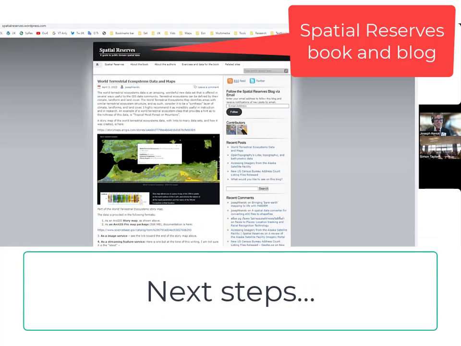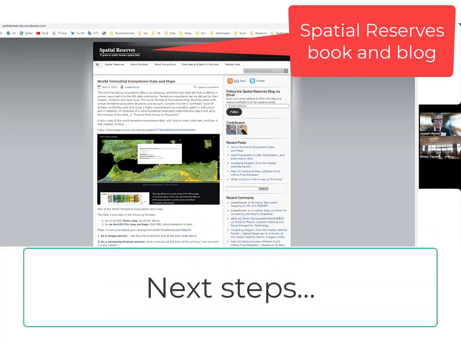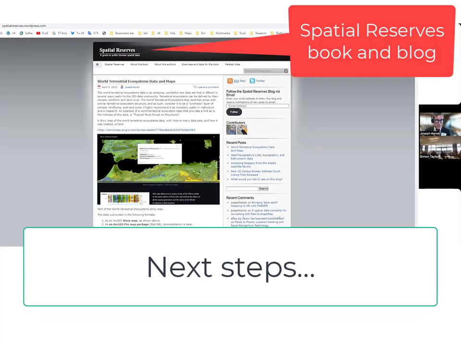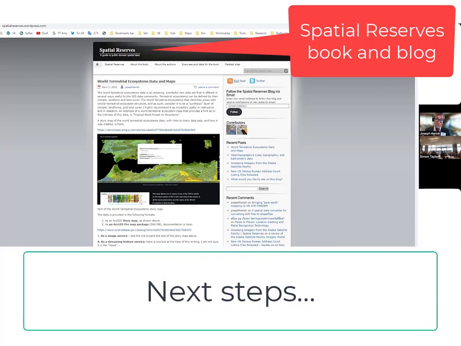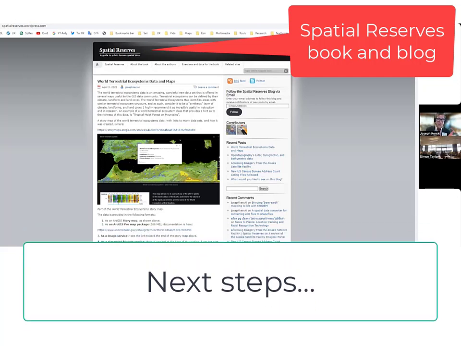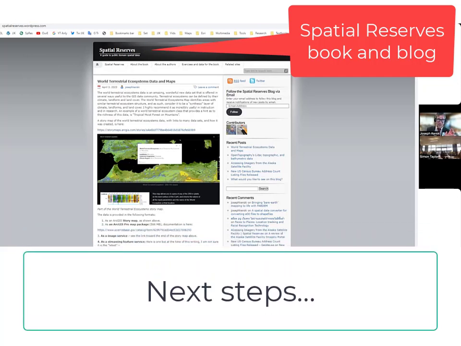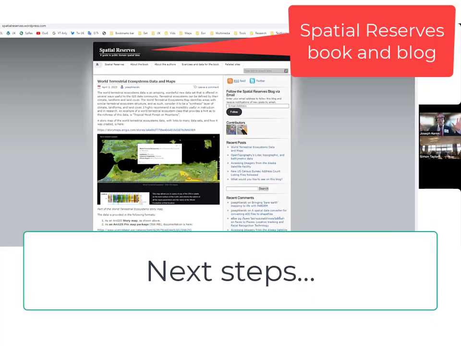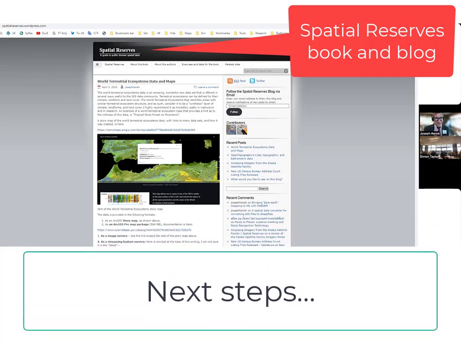Maps are representations of reality. I don't want students to believe everything they see on the web, and neither do you. I don't want them to believe every single map that they see on the web, and neither do you. Anybody can create maps and share them nowadays, including you, your students, and the whole global community. So being critical of data, even if it looks authoritative, maps have traditionally looked very authoritative, and we tended to believe them. And nowadays, I want people to be critical of mapped data.